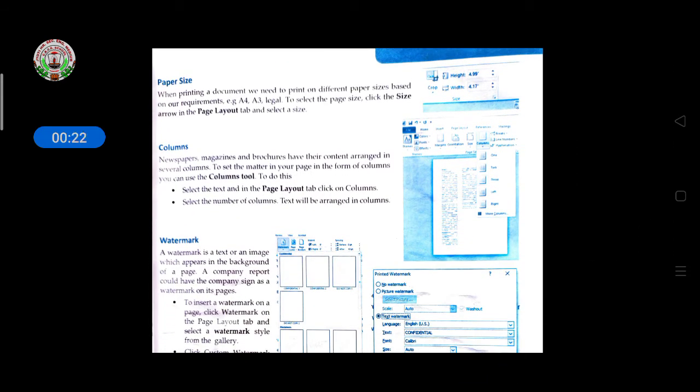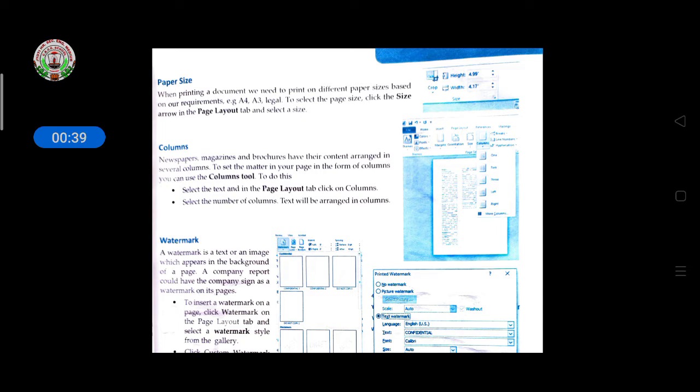When printing a document, we need to print in different paper sizes based on our requirement. Example: A4, A3, legal. To select the paper size, click the size arrow in the page layout and select a size.